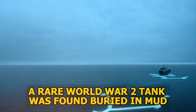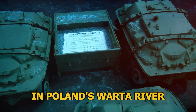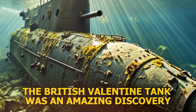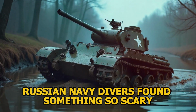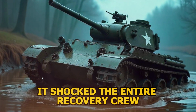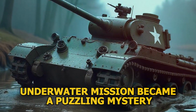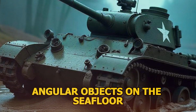A rare World War II tank was found buried in mud in Poland's Vat River. The British Valentine tank was an amazing discovery. But far beneath the frozen surface of the Barents Sea, Russian Navy divers found something so scary it shocked the entire recovery crew. What started as a normal underwater mission became a puzzling mystery when sonar detected strange, angular objects